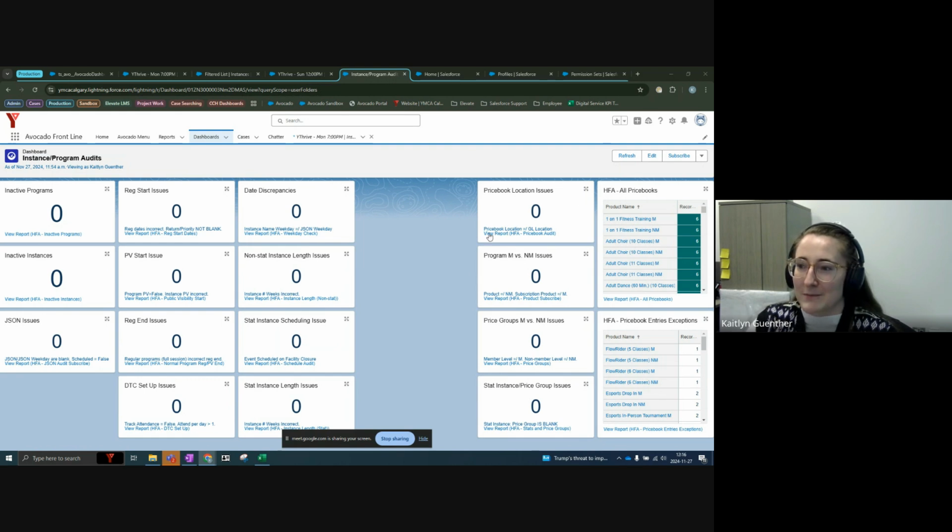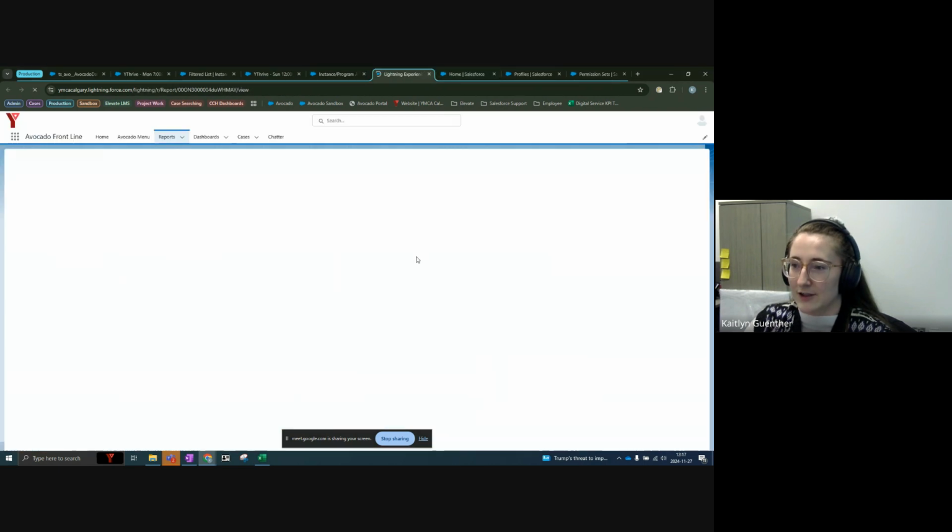If I come in and refresh my dashboard and there is an issue in an instance, one of these boxes, or multiple, depending on what the issue is, will flag as red, and we'll have a number of how many instances or programs are impacted. It did take me a while to set up, and I got pretty particular, but I did, for example, with registration start dates,